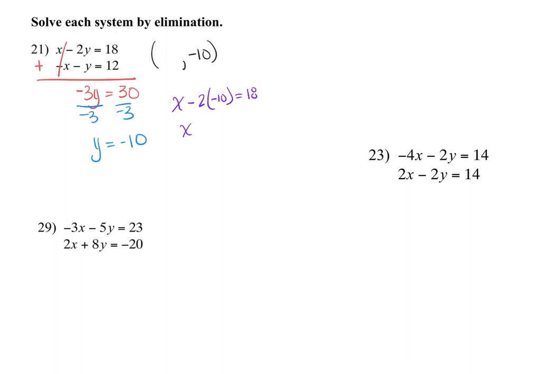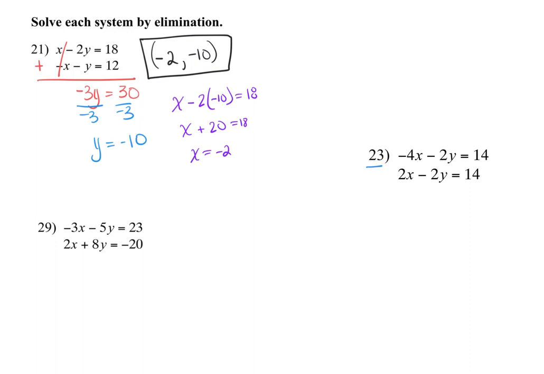X, negative 2 and negative 10 are positive 20. Subtract your 20, and you have your second variable there. So you have your answer, negative 2, negative 10. That's the first one that you could potentially have, where you can just go straight to the addition, right? Straight to the addition. The next one that you could have is like number 23,